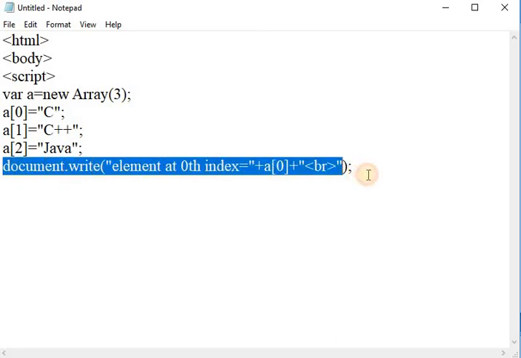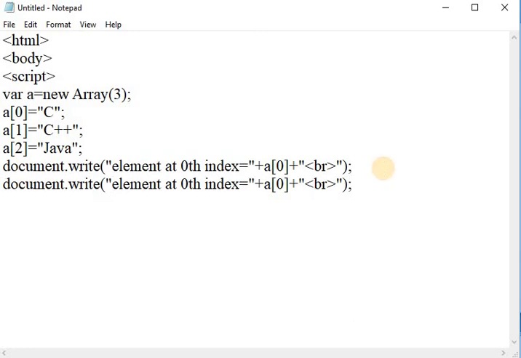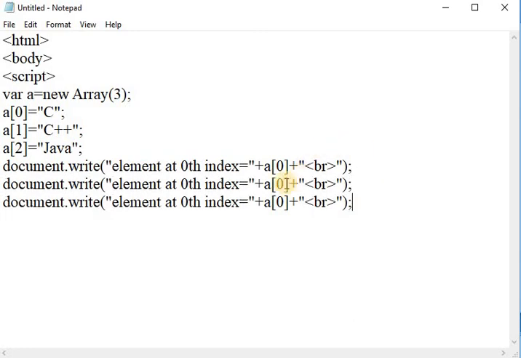Same sentence is used for the first and second position. Here, copy this sentence and paste it.